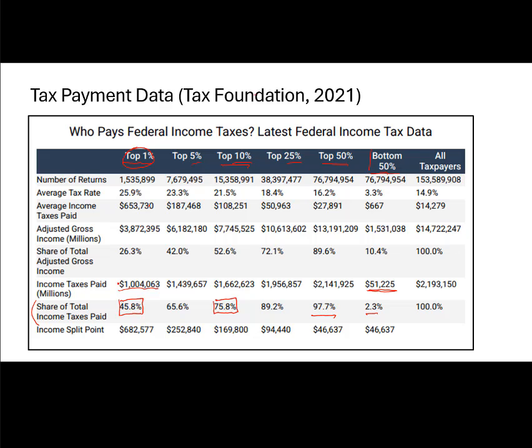Because you'll hear people on the left say the rich should pay their fair share, and they don't think this is enough. They don't think this is fair. They might want those tax rates to go up, those tax brackets to go up on higher income. People on the right might say the rich are already paying more than their fair share, so they might want a flattening of the tax structure, the tax rates.